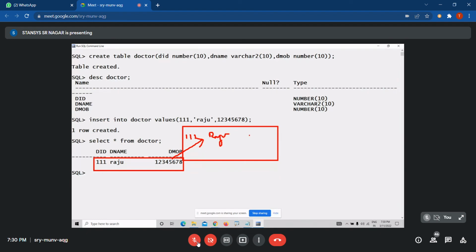Yes, some 1 2 3 4 number. Now this record is in the RAM. I am applying a rollback now. I am applying a rollback. When I apply rollback,